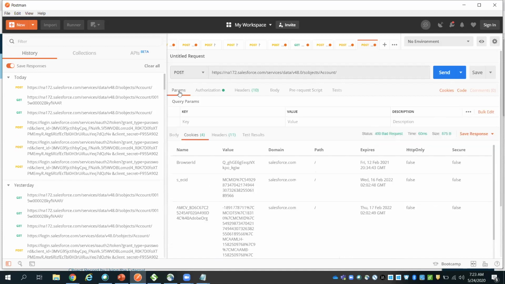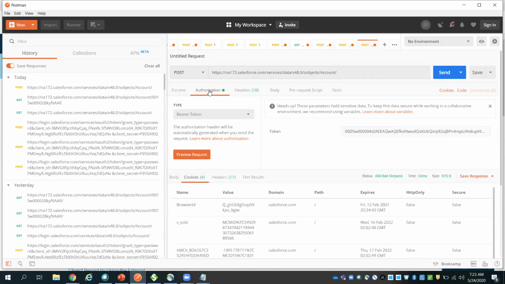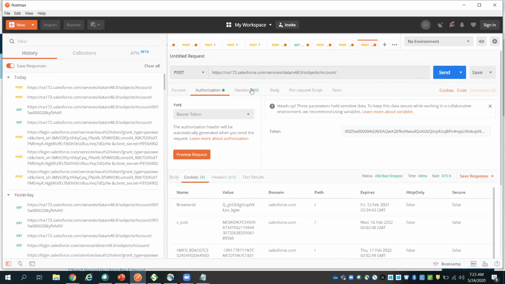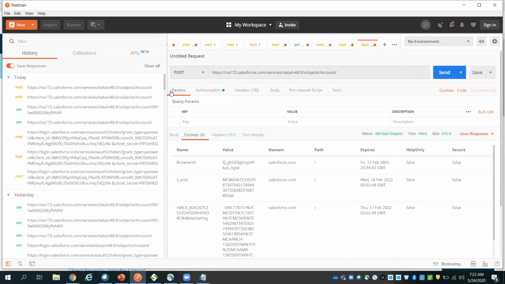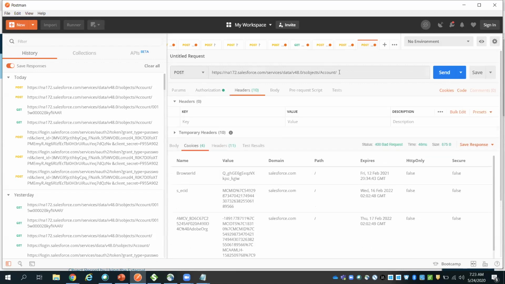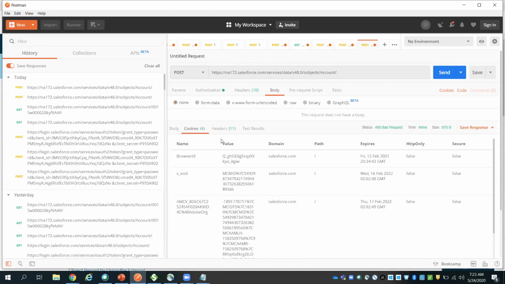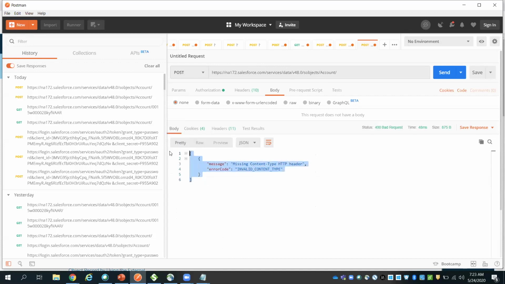Nixon, can you help me? Where should I put this JSON format? Just give me a minute. It's body, Mahendra. Body. Okay. Somehow it is disabled for me. Mahendran, you have to select raw. Oh yeah, sorry. Under body, you have a lot of options, right?